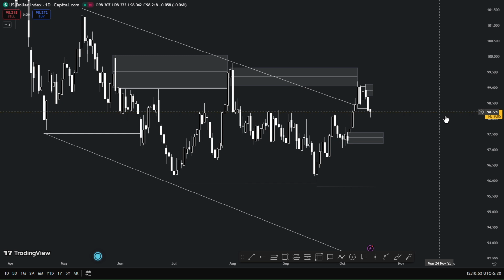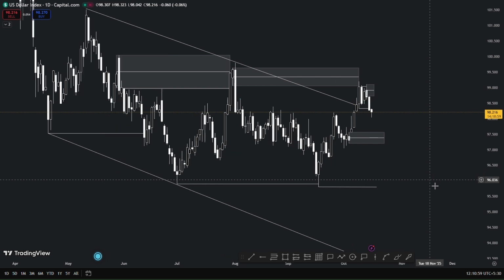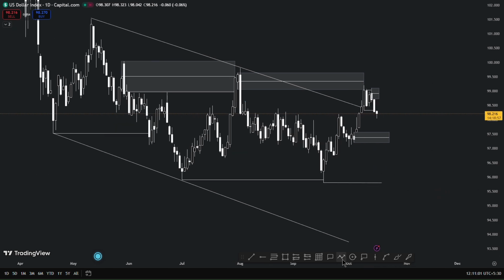So let's start with today's daily market outlook. We have opened the daily index chart, and from the market structure perspective, we were in an impulse phase, then a pullback, then again an impulse phase, then again a pullback, then an impulse phase. Now we are expecting a pullback towards this demand zone,